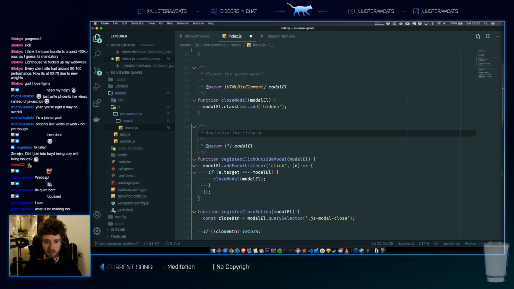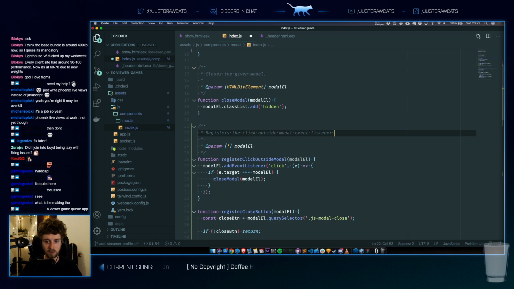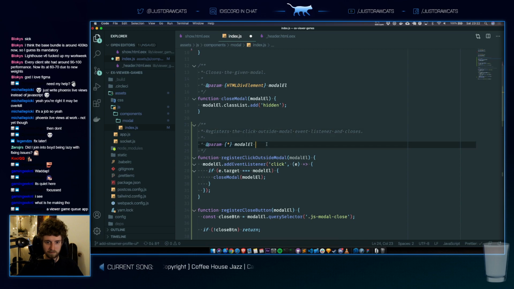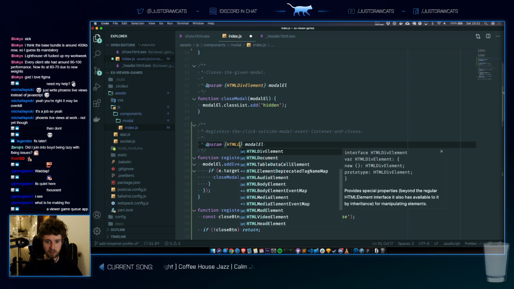The click outside modal event listener and closes. Female div element.